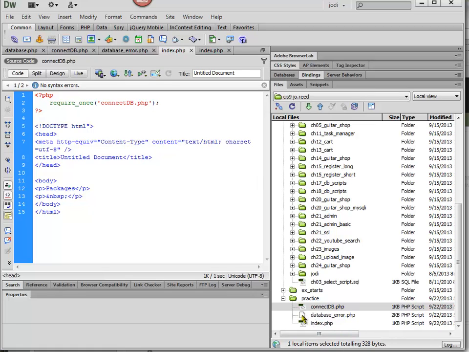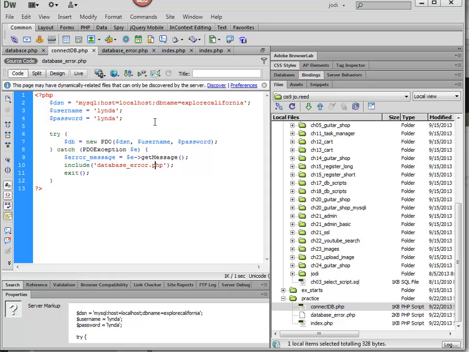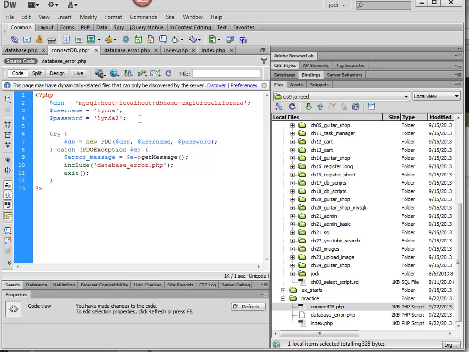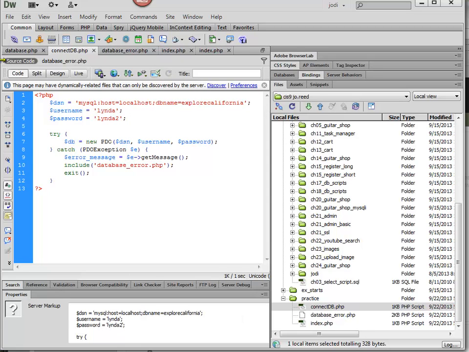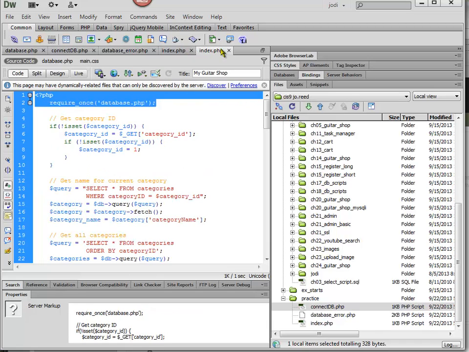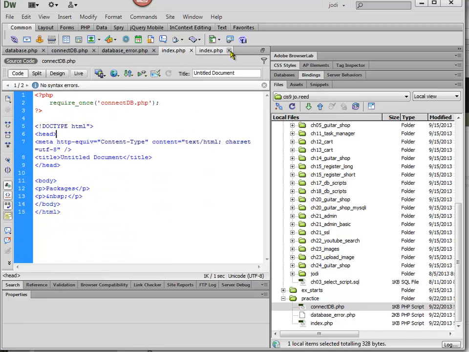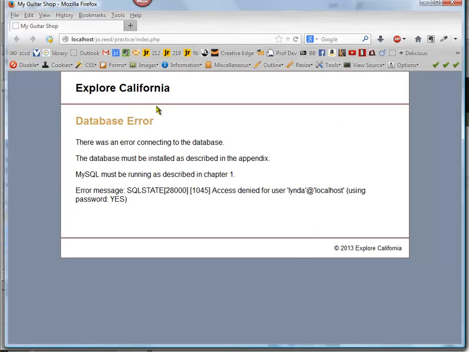Let me go back to my connectdb file, and then let me put in the wrong password here. So I'm going to put in Linda2 instead of Linda1. I'm going to save that file. I'm going to go back to my index file, and then I'm going to hit F12 to display that. And then notice I get this database error,